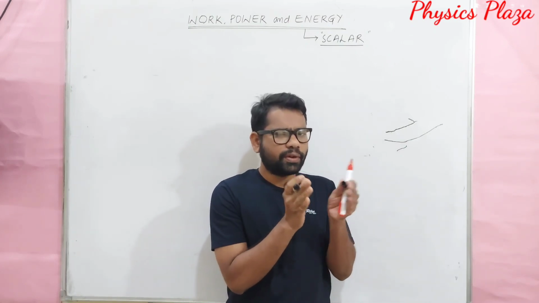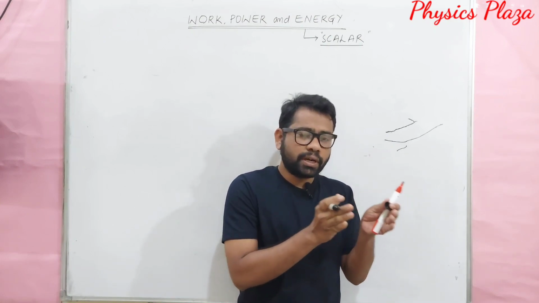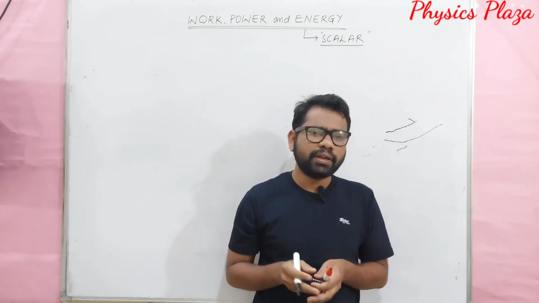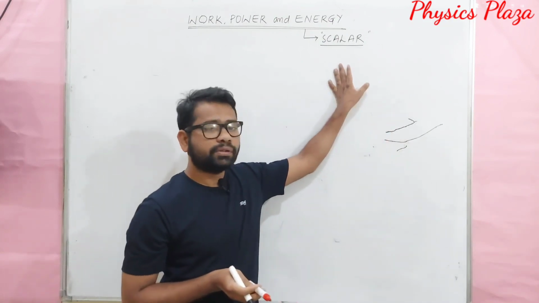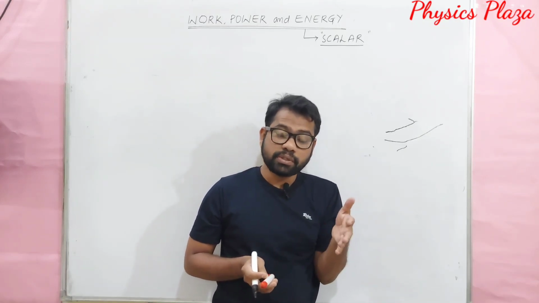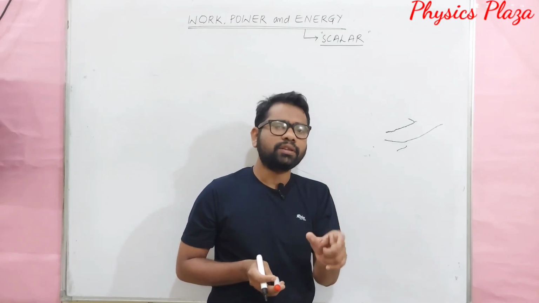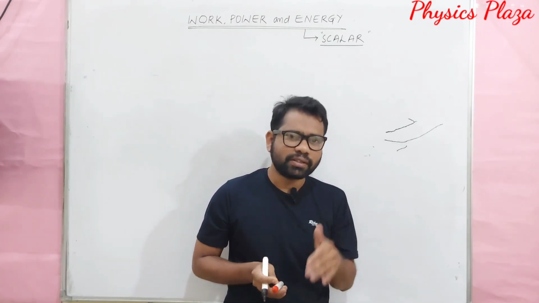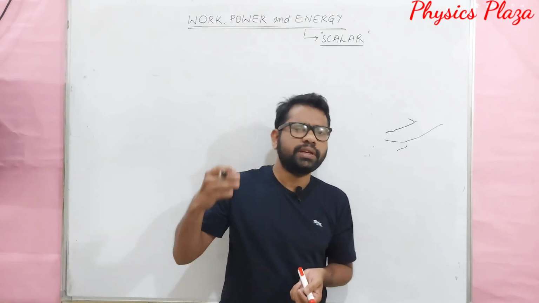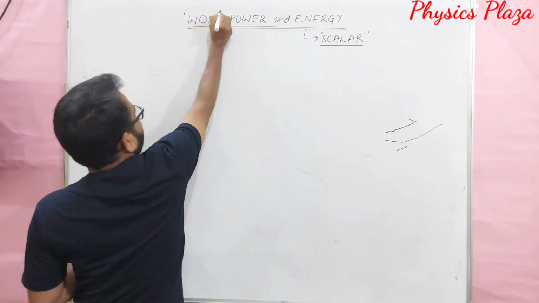So what is a vector actually? The quantity should have a magnitude and a direction, and at the same time should obey the law of vector addition. Whereas a scalar sometimes may have only magnitude, but sometimes it may have even direction also, like electric current. But if it is not obeying the law of vector addition, we can call it a scalar quantity. Anyhow, we will discuss scalars and vectors in detail in further sessions. Okay, today let us see what work actually is.